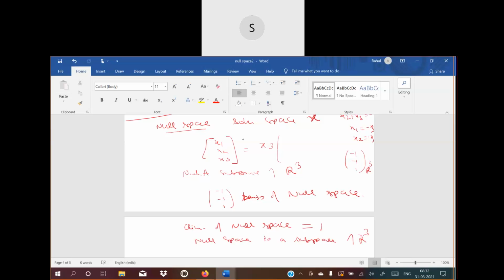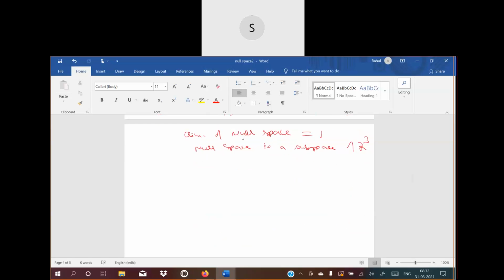Right? So that's all I was trying to tell you, that column space is in R4 because you have columns in 4 tuples. Your null space, when you are solving Ax equal to 0, will always come in R3 space, but its dimension will be the number of free variables. So you had one free variable, therefore the dimension is coming as 1.